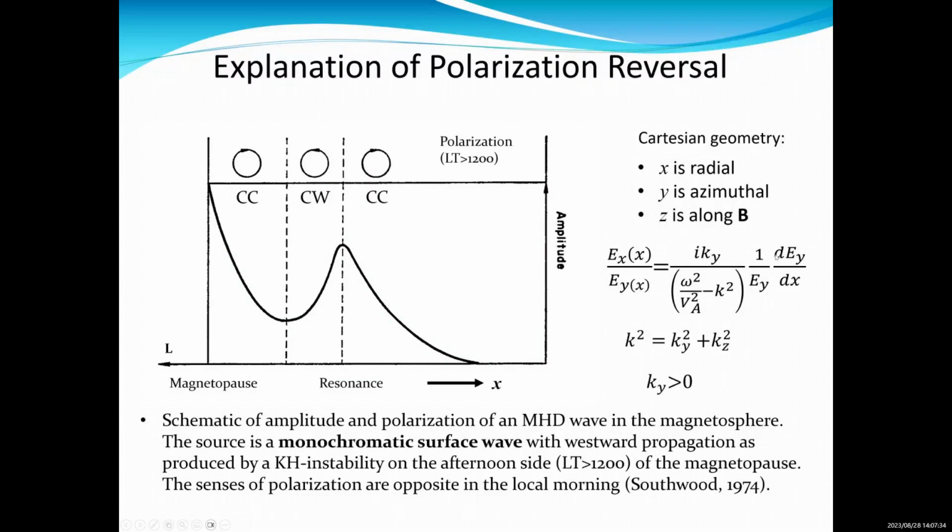And you see it's related to the gradient in the Y component of the electric field. This is how the electric field varies. You have evanescent decay, resonance, and then decay again. This is how the polarization would change as you move in latitude, which corresponds to what is observed and explained on the basis of the solutions to the wave equations